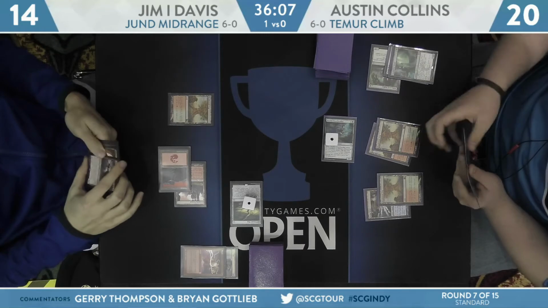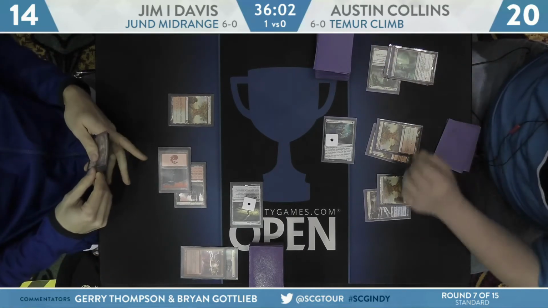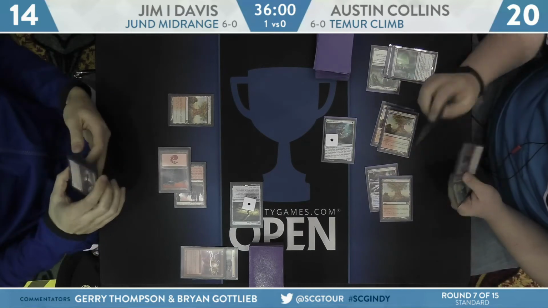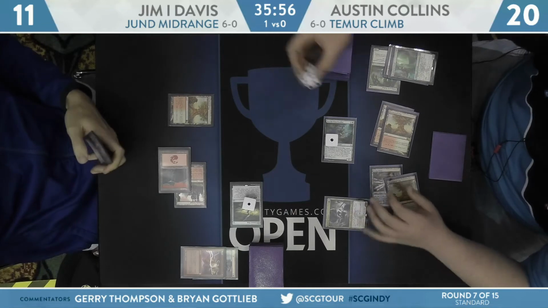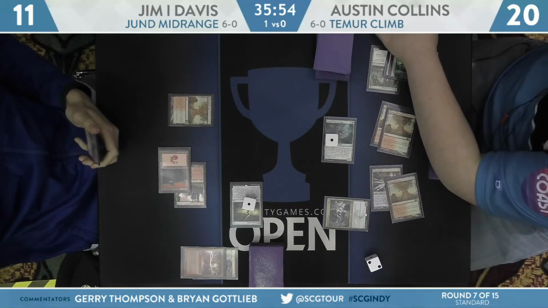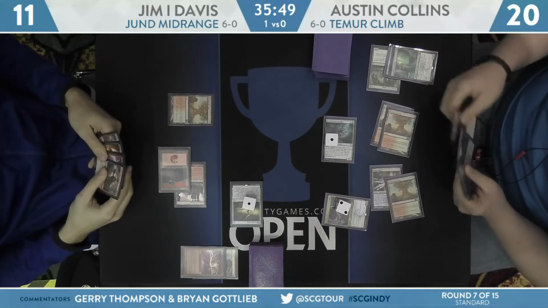Back to Austin Collins. He's going to untap. Merfolk Branchwalker's attacking. We all know that. Let's leave it tapped. Get it in there for 3, and Jim falls to 11. Austin tapping 3 more mana. Or is that 4 mana? 4 mana for a Crassus on 1. The rarely seen Crassus on 1, but honestly...